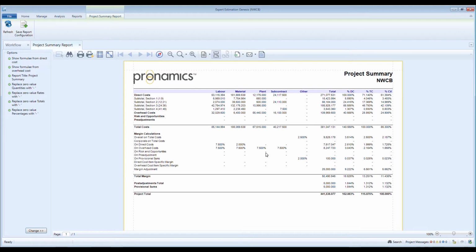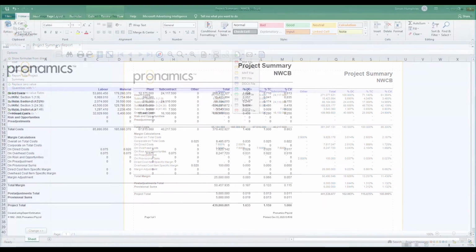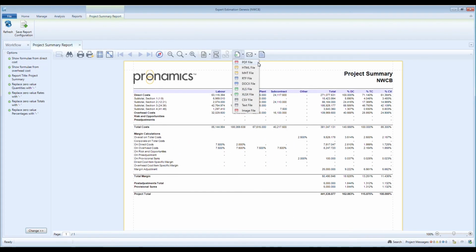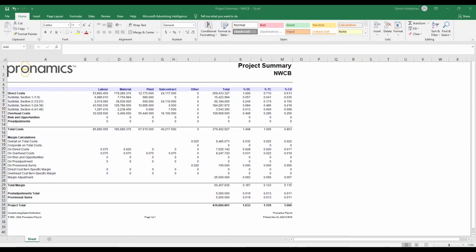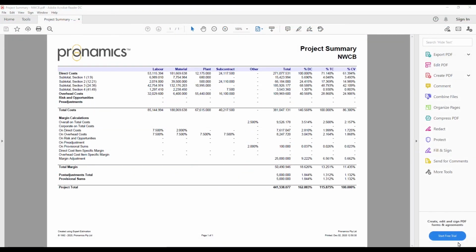Then, if you have your report options box ticked to include headers, when you export to an XLS or XLSX file, you will see your logo and company name on the Excel reports. This will also work when you export to PDF, HTML, MHT, RTF, DocX, and image files. You will not see this feature for exports to CSV or text files, as these formats do not allow for images. Remember, XLS and XLSX exports do not replace zero values with your own text, as they show the true value of the report. The export options work independently of each other, so you can still include headers in Excel and replace zero on any other report.